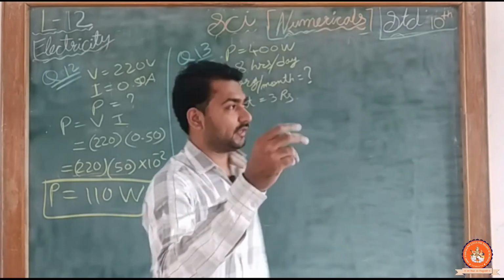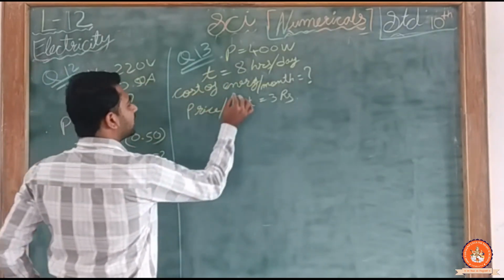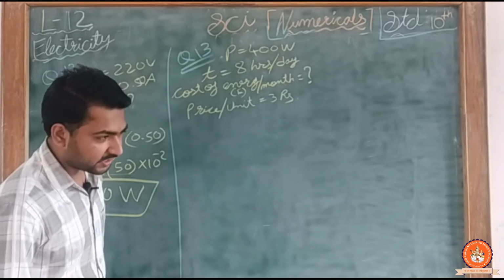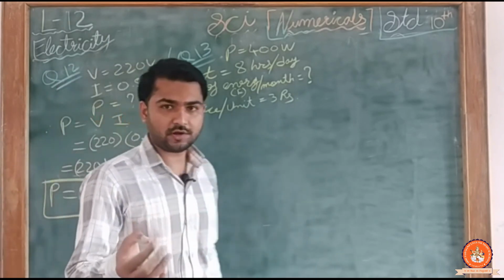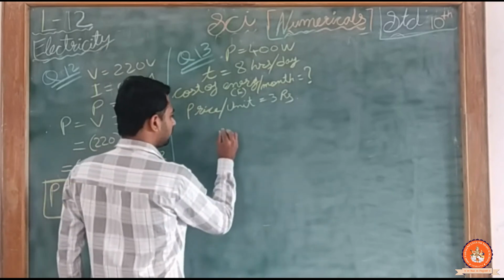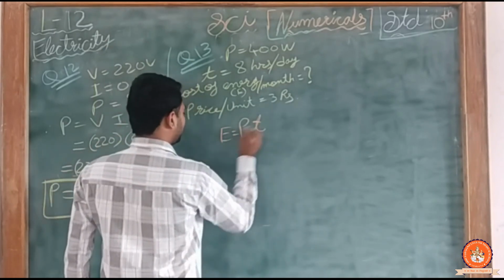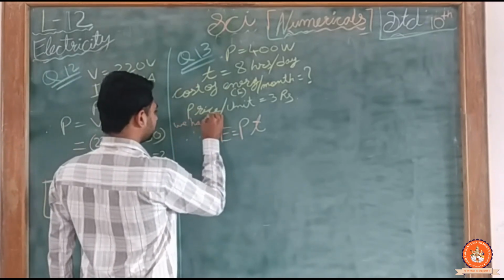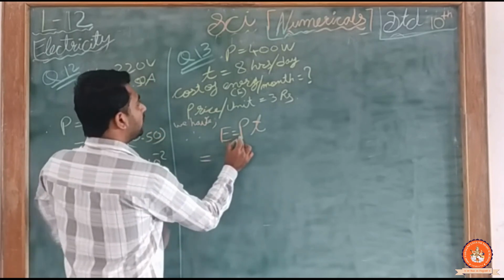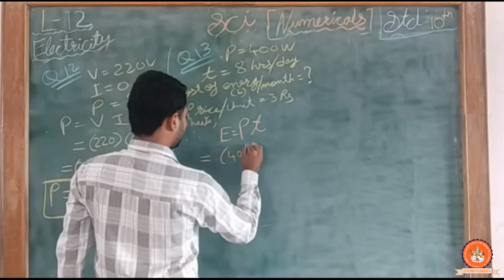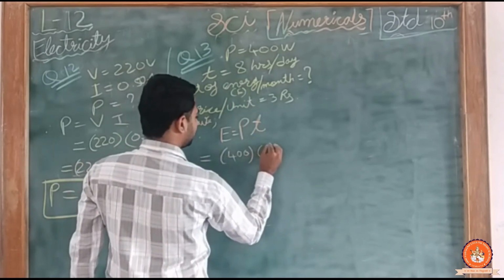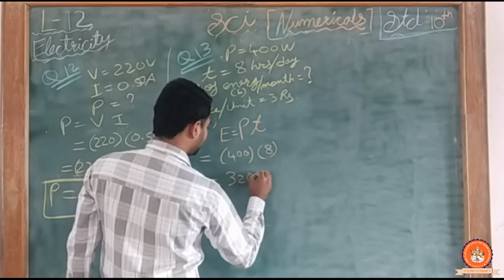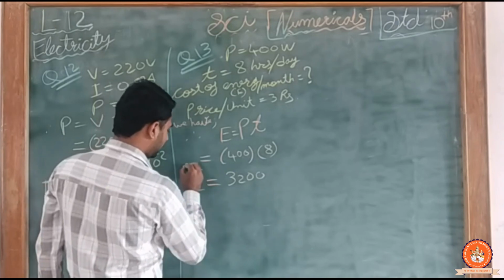ठीक है, नाउ सॉल्विंग, लेट्स स्टार्ट. You have to find the energy. एनर्जी मीन्स E. As I already told you, the formula for the energy, in the theory question I already explained the formula for E. Energy is P into T. Clear? So we already have the formula. Value of P is 400 and T is 8. So how much do we get? 8 4s are 32 and 00. This is my value of E.